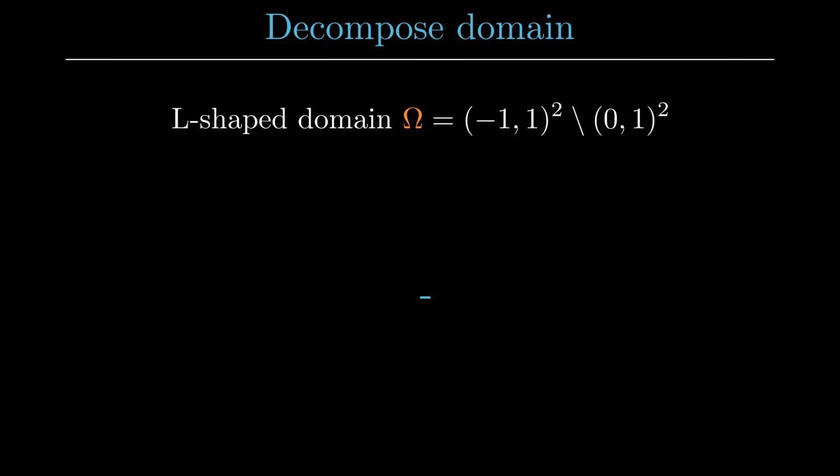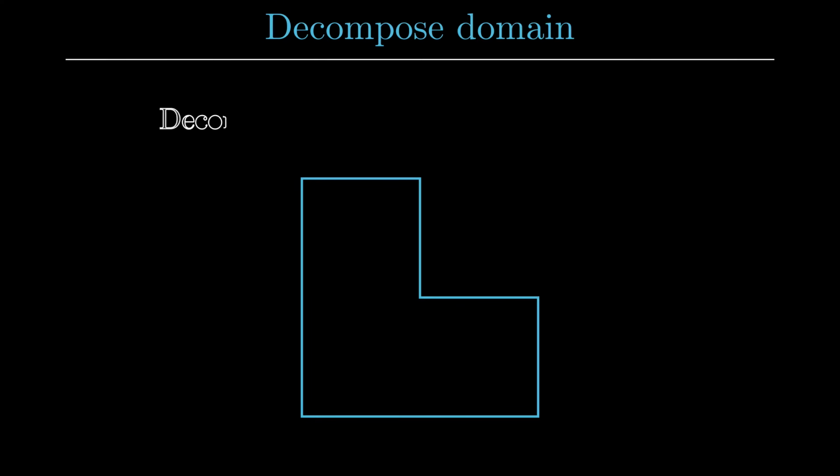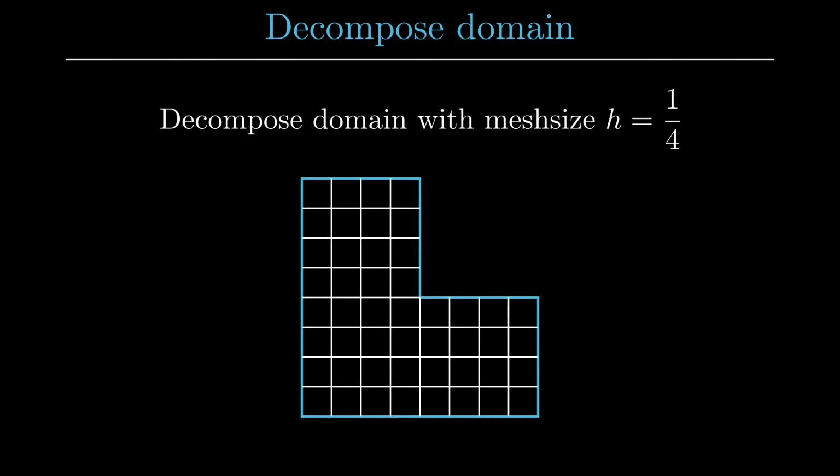Decompose domain. Until now, we haven't specified on which domain we are solving the Poisson problem. In this video, we will work with the L shape, which is a square from -1 to 1, from which the part inside the first quadrant, its upper right corner, has been removed. To reduce Poisson's equation to a finite dimensional problem, we now need to only solve the PDE in a finite set of points from the L shape. This can be done by dividing the domain with a grid.